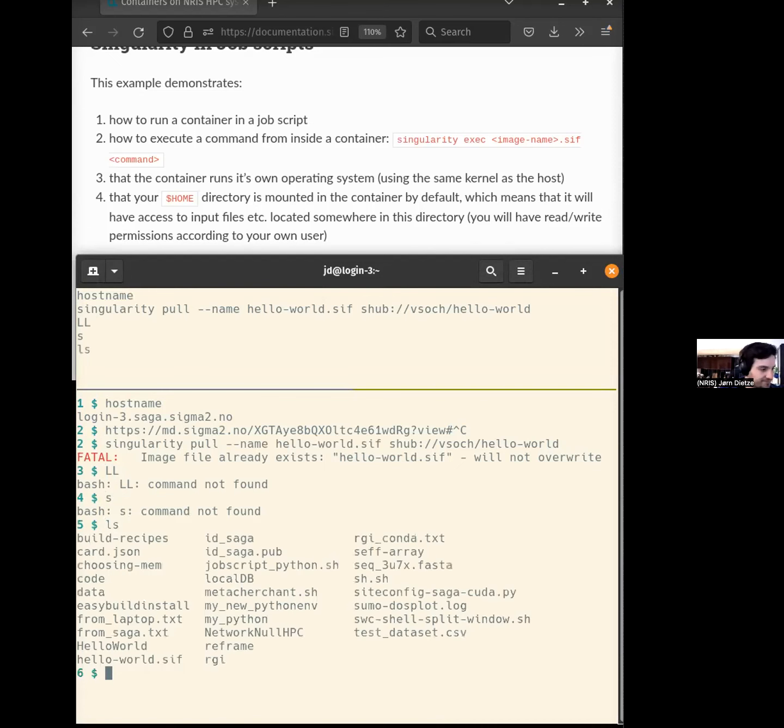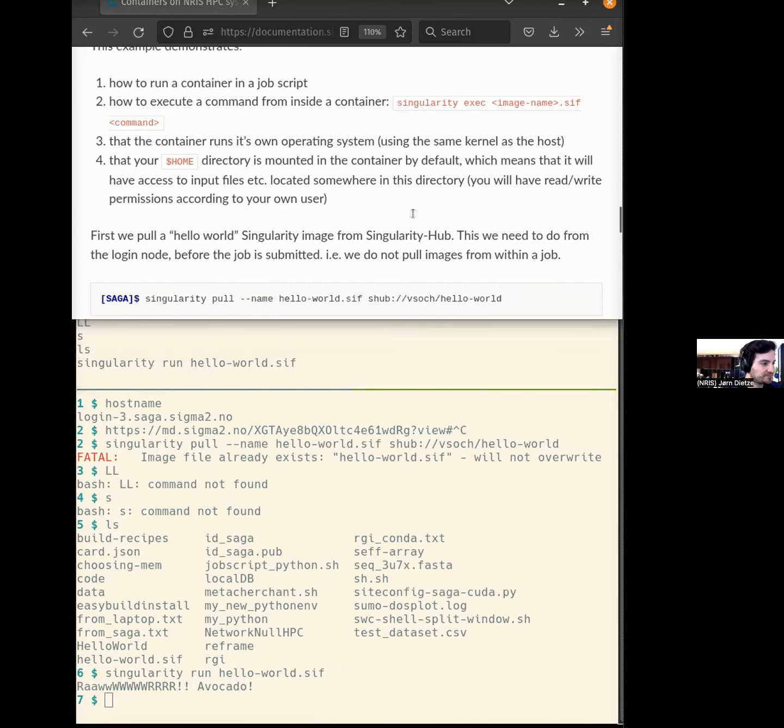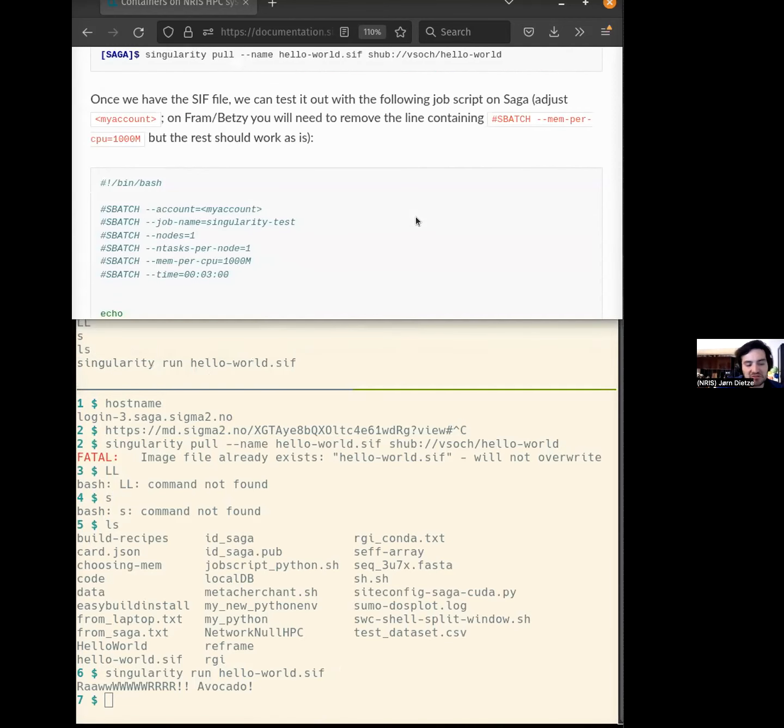Too much stuff in my folder, because I'm doing it in my home folder, which is also maybe not the smartest idea. But there's Singularity, it can run. Yes, and it works. It echoes what I expected to echo. So I have now a running Singularity container.